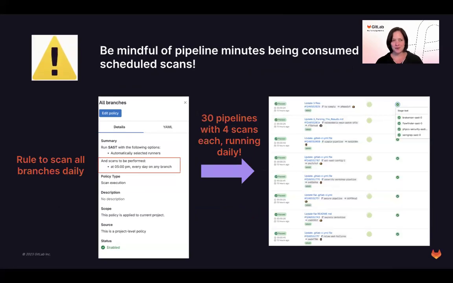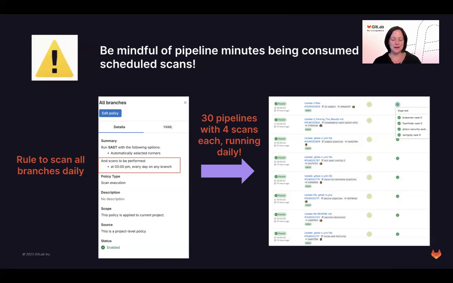Now, with the scheduled scan, something I ran into recently that I just want to point out, because scheduled scans as policies are newer functionality: you have the opportunity to run a scheduled scan on all branches if you choose to do so. That's one of the options in the UI. You want to be careful, and advise customers to be careful, about doing this. When I tested this recently, I scheduled a SAST scan to run.